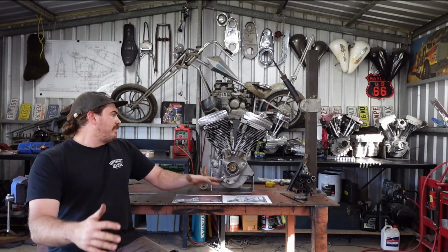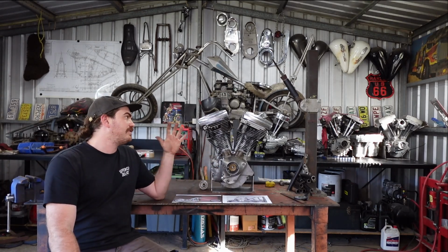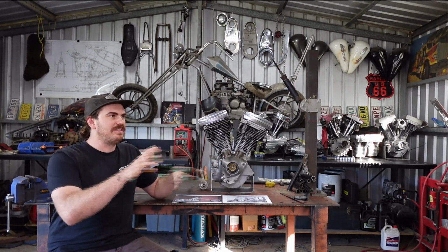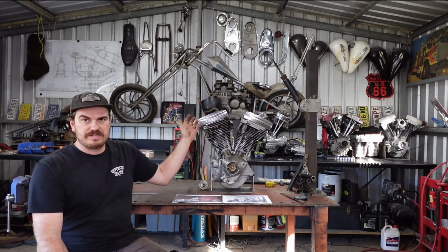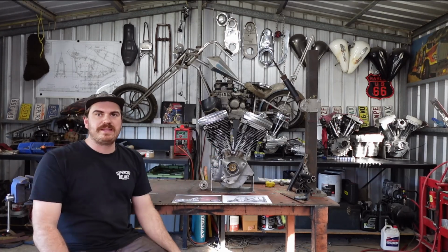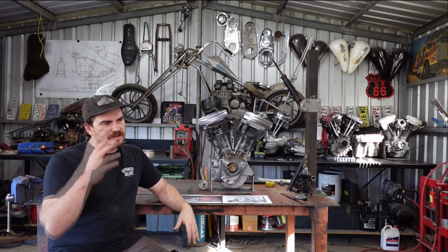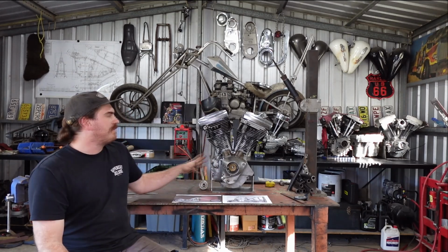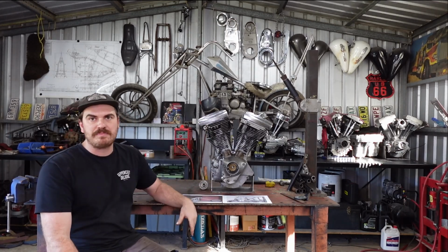So basically in this episode, all I want to do is get together what shape I'm going to do for this frame. As I said, I have a basic idea of what I want, but you need to put it into proportion like this and work out what you want to build before you get started. You can't just go bending something and hope that it's going to work or get in the right spot, or you sort of got to nut it out. You've got to get the right proportions. You've got to make the thing look right. You've got to make sure everything will work,